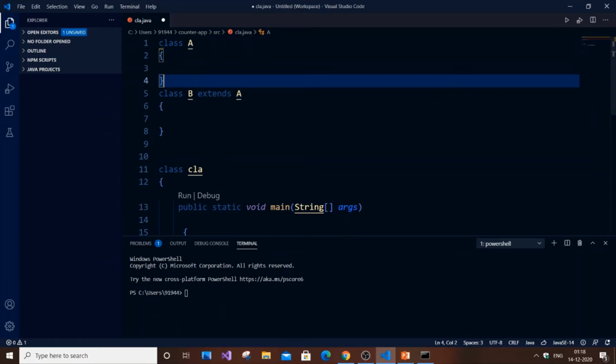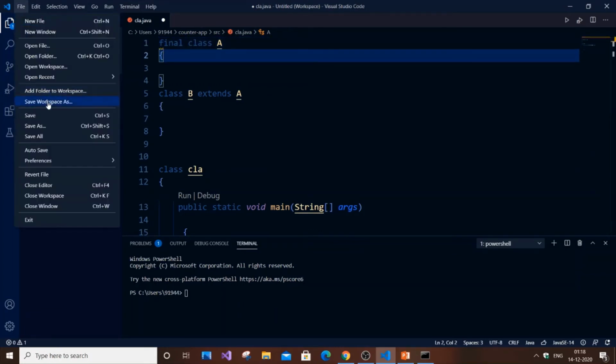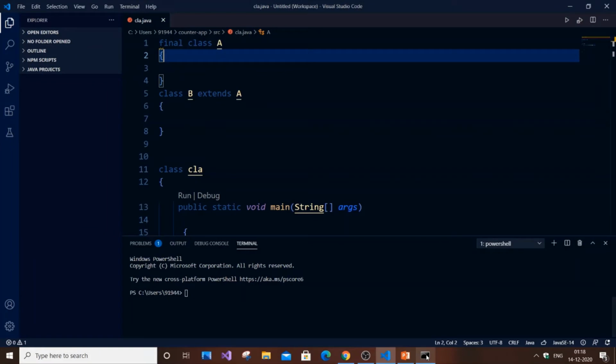So now to make a normal class into a final class, same as with the final variable, just add the final keyword. So now it becomes a final class, class A. And now if I save this and run the code on this program,